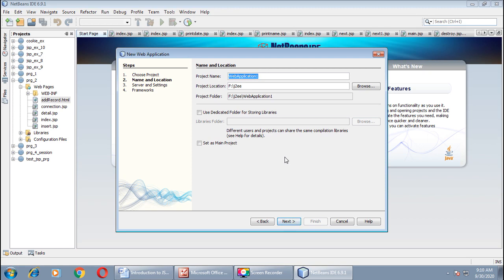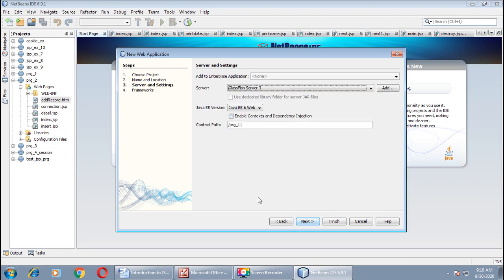Okay, this is our program number 11. So here I am giving a name, prg_11. Choose an appropriate drive for storing your project. No need to check these boxes. Next, we will not do any changes in the next screen.